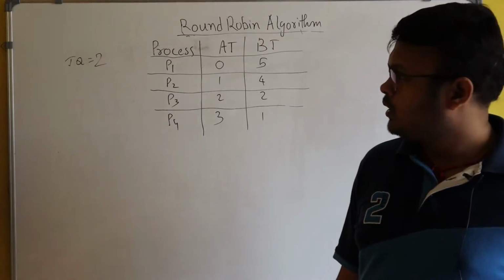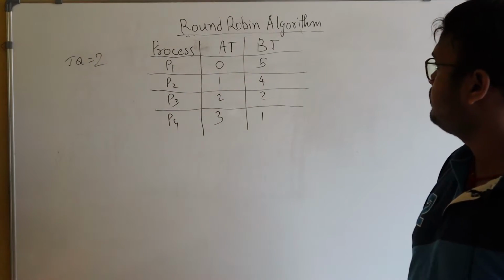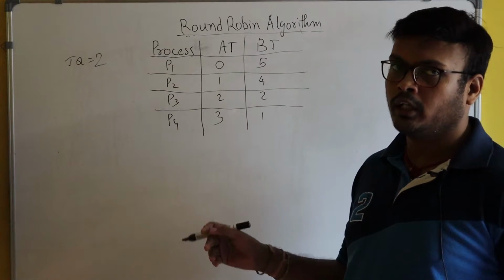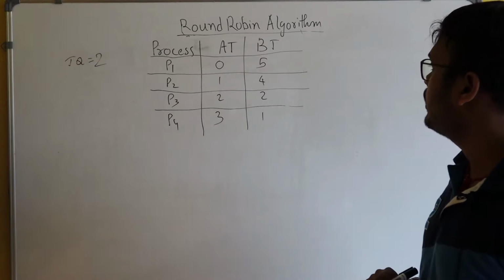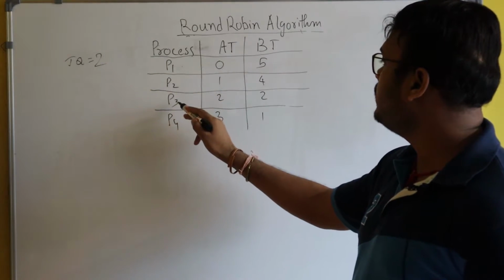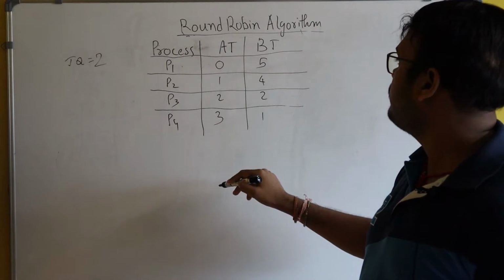So let's solve this numerical. There are still one or two important theoretical points left. I will tell you after solving the numericals. Okay. So now you see here there are four processes P1, P2, P3, P4, and the arrival time given as